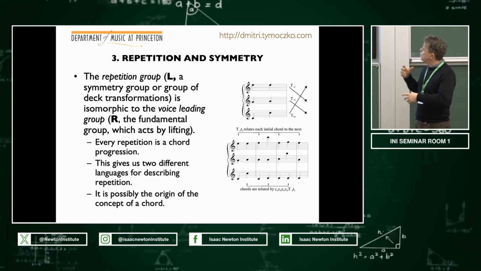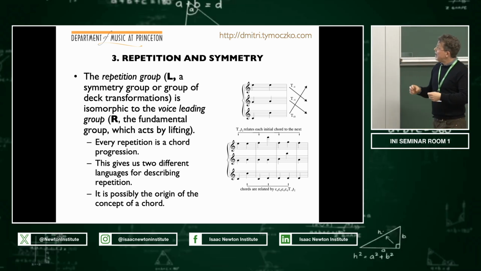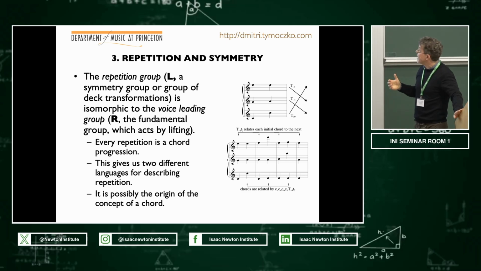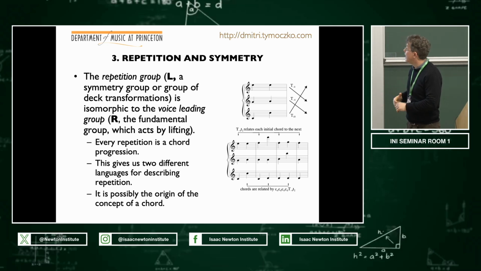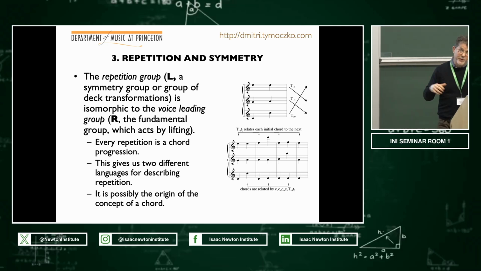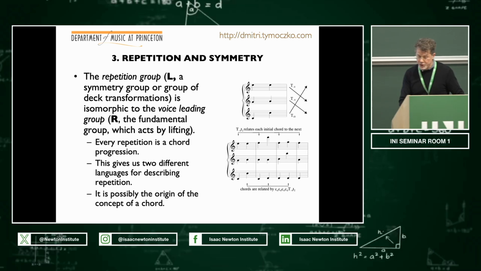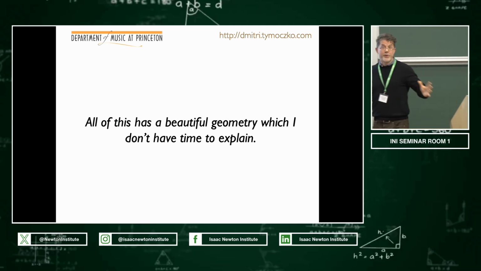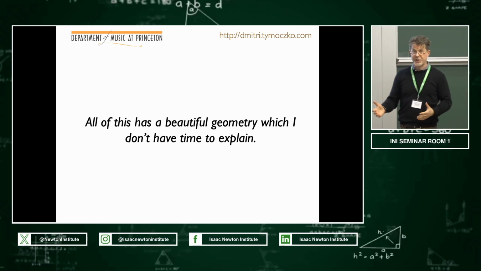So we have these two different languages for describing repetition that are isomorphic in a mathematical sense holistically, but are musically very, very different if you're sitting at the keyboard. And I think this isomorphism is the origin of the very notion of the chord and the hierarchical structure of Western music. So all of this has a super beautiful geometry in terms of orbifolds and quotient spaces,